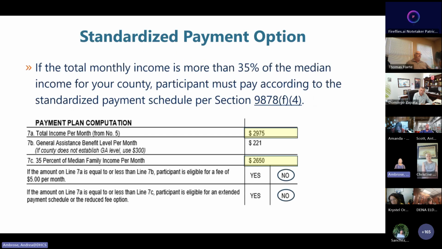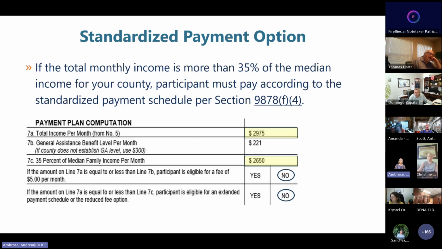Section 9878 F4 tells us that if a participant's monthly income is more than that threshold number of 35% of the median income for your county, a participant must pay according to the standardized payment schedule. And again, you're only going to know if their income meets the criteria for an extended payment plan if you do a financial assessment.